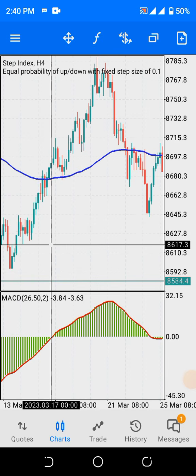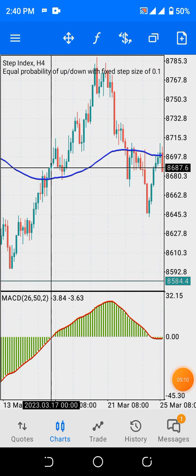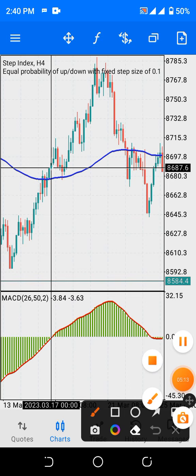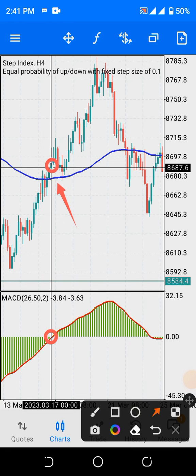Now this is the correction of MACD from down upward. This is a clear buy signal. Like I said, for you to count it as a confirmed signal, if it is buying, the candlestick where the crossing occurs must be above the moving average. As you can see, the candlestick is above the moving average. Do you understand?